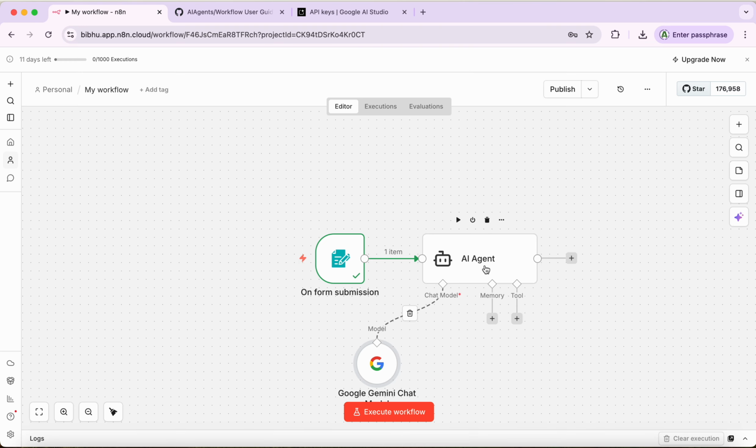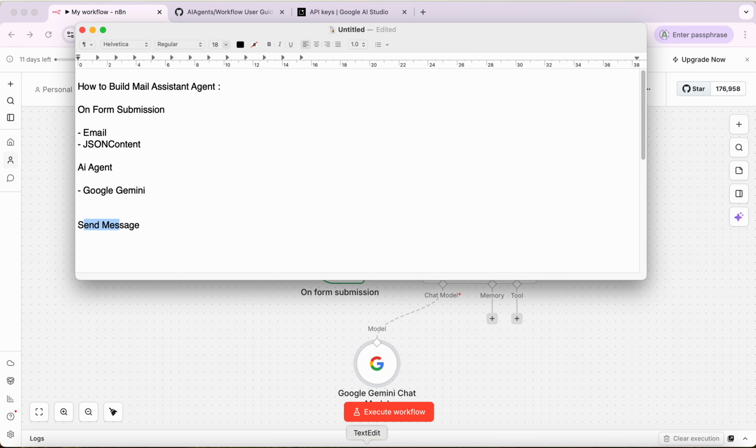So if you see here, once the user submits the form, the data will come to the agent, then the agent will send the data to the LLM. The LLM will do the analysis and return the results to the agent, and then it will do the rest of the operations. Is it clear now? Now I'll go back to the document